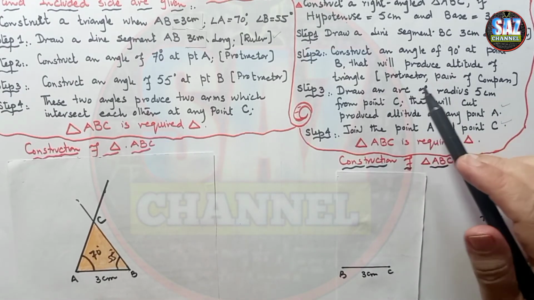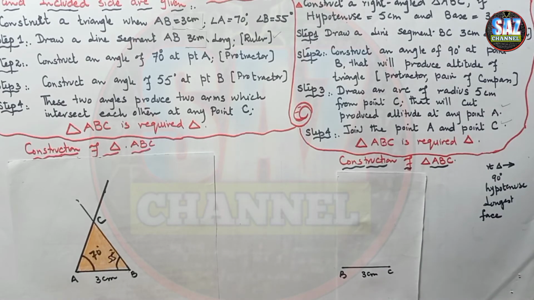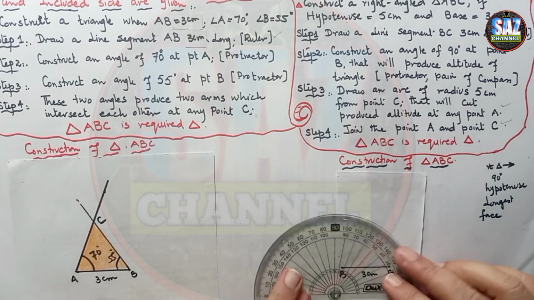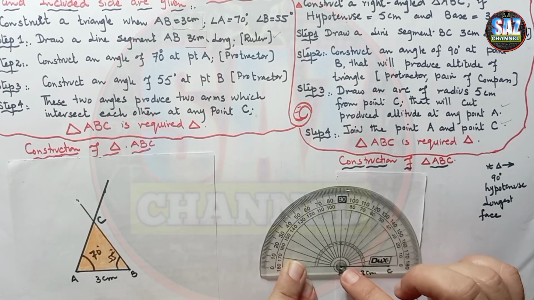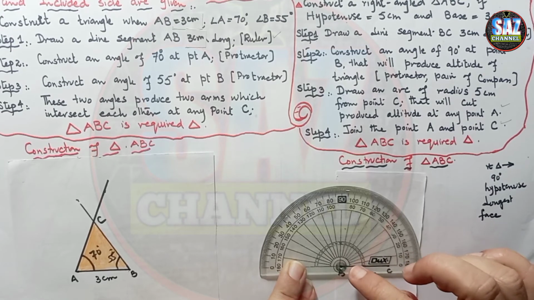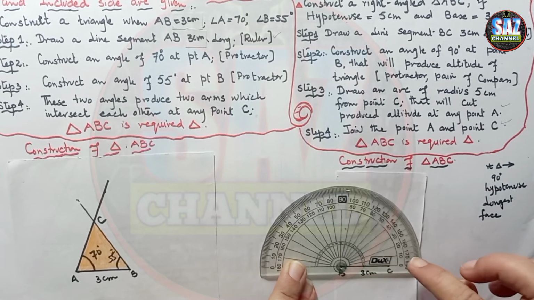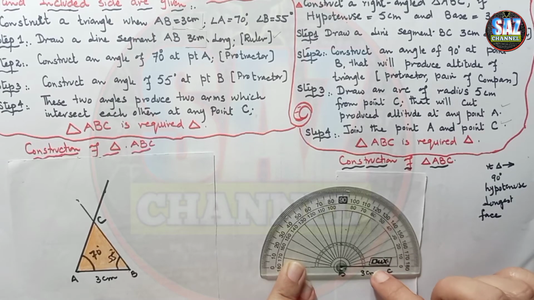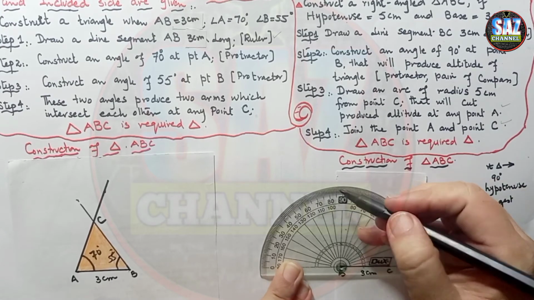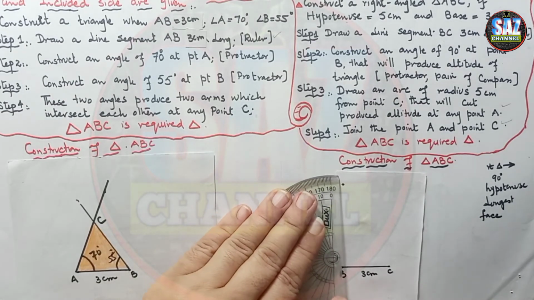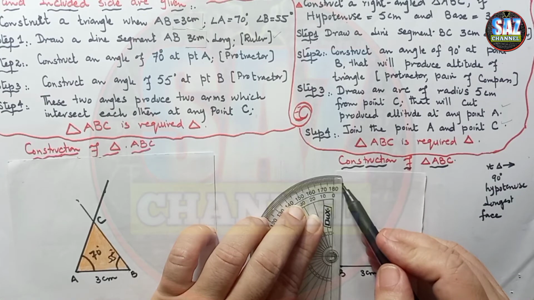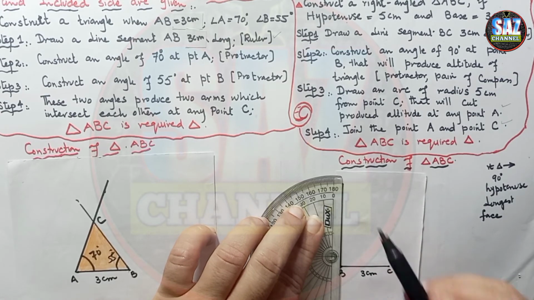Construct an angle of 90 degree at vertex B. So with the help of the protractor, we have to construct an angle of 90 degrees. Now hold your protractor and please keep the point of intersection, this circular portion of the protractor, on the vertex B, and the zero line of the protractor should lie on the already drawn line, and this is the placement for 90 degree here. Then we draw the arm of the triangle and join B with this 90 degree mark.